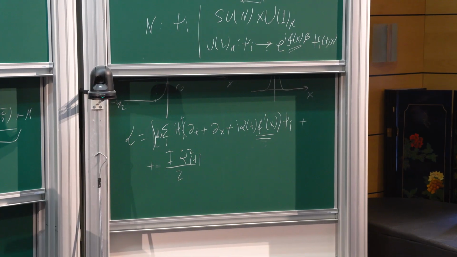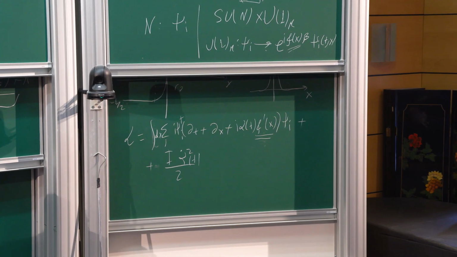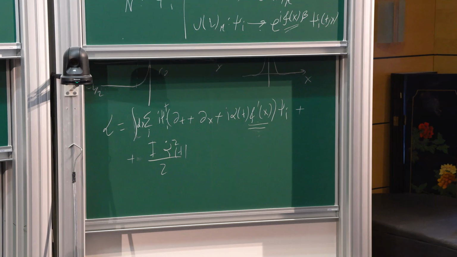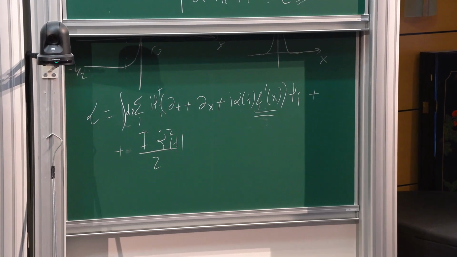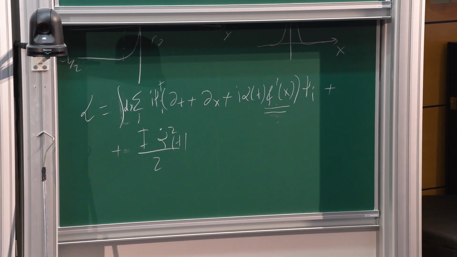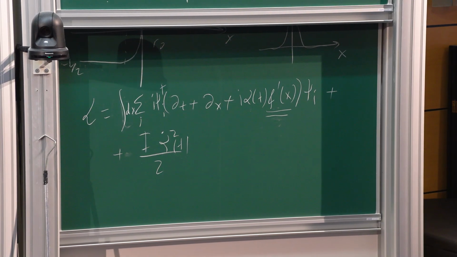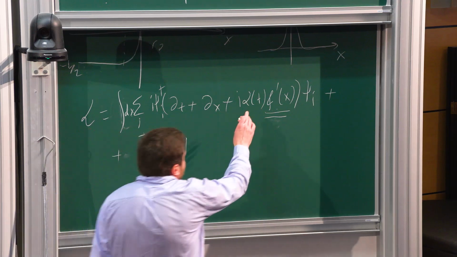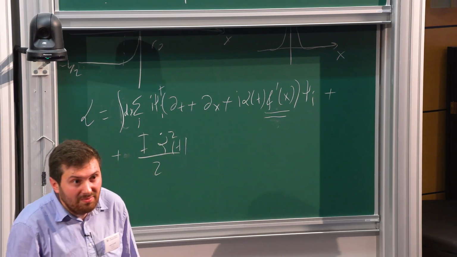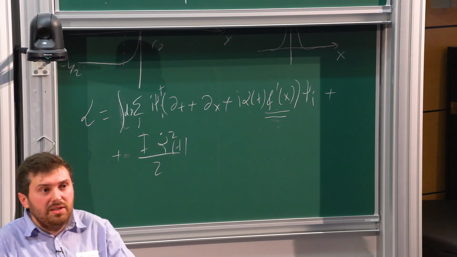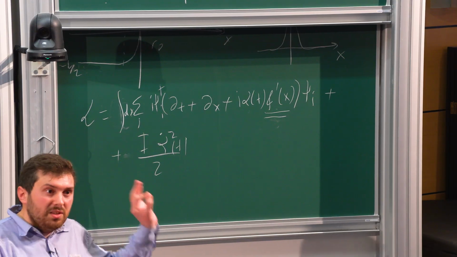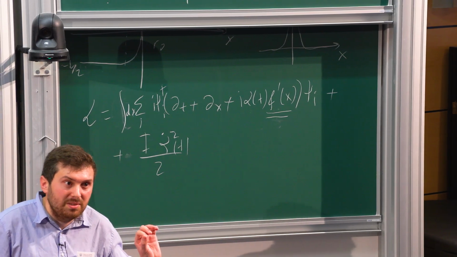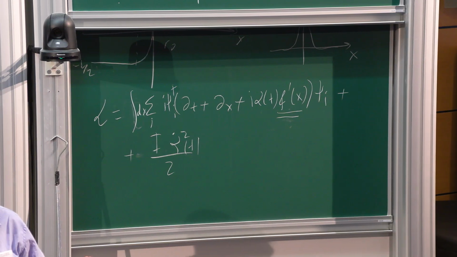Additionally, sorry, I thought that you can just start with some UV completion of the monopole, reduce, and then you get this. You will get something similar. What do you mean by similar? I think, if I remember correctly, there is a little bit different coupling. But at the end, when you solve both models, it will give you the same boundary conditions. That is the only relevant part in this.